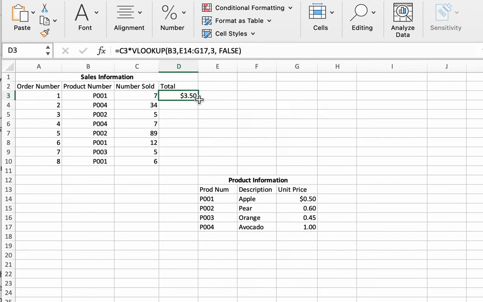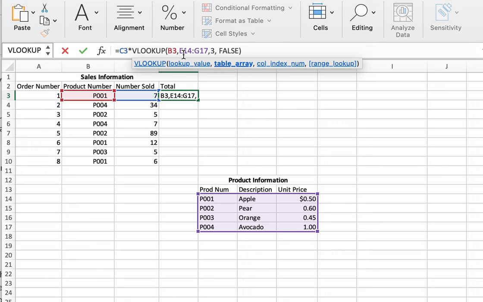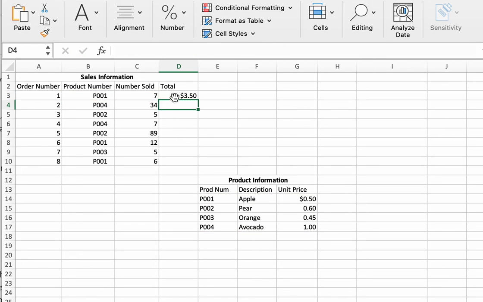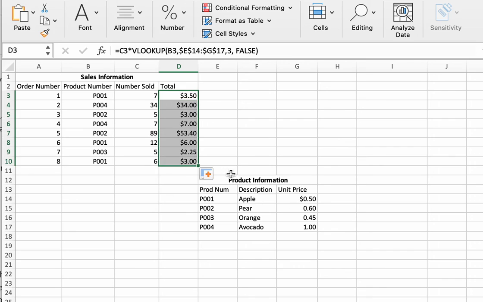order. Now, if we copy it down like this, then things start going wrong later on, because look here, you see that the E15, originally it was E14 to G17, now becomes E15 to G18. So what we need to do, obviously, is make the references in here absolute, so that when we drag the formula down, we keep looking at the same